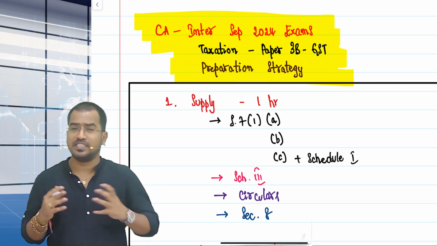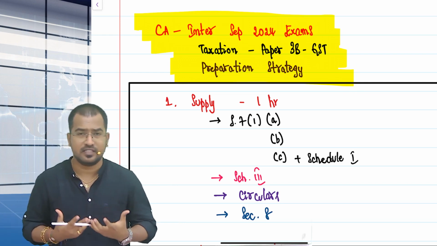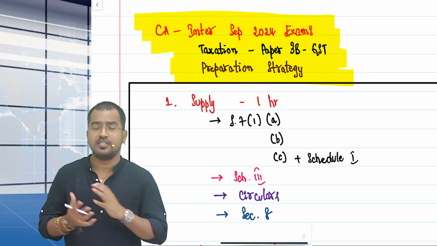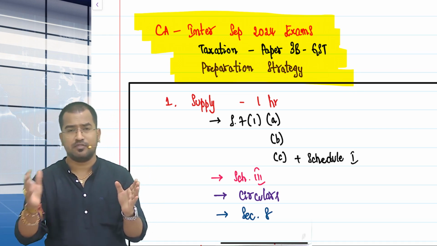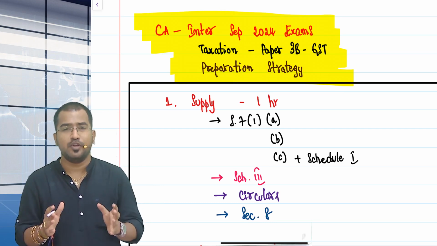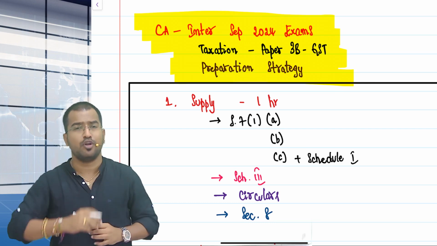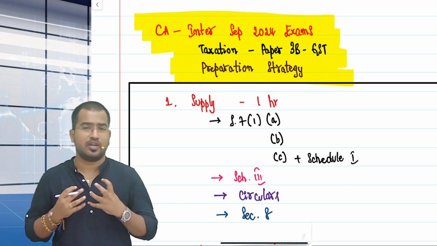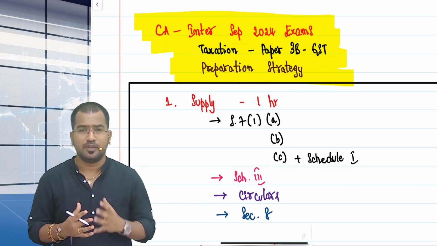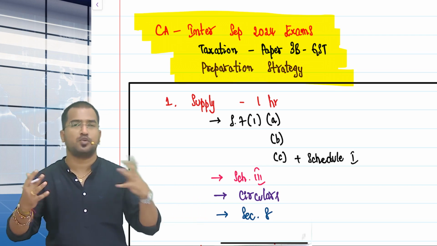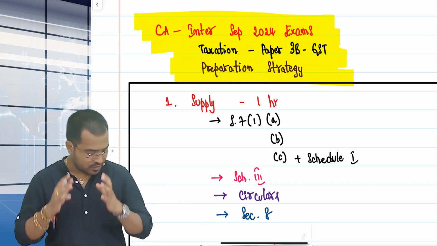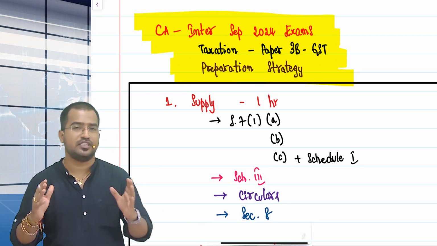And of course, the majority of students will feel difficulty in addressing this taxation paper. In this taxation paper, there are 50 marks direct tax and 50 marks GST, and I am going to tell you how to cover that 50 marks GST. Being less in volume and easy to cover, if you are comfortable with this GST for 50 marks, obviously you can manage income tax and score good marks in taxation. And I request you to watch this video till the end and share with your friends.